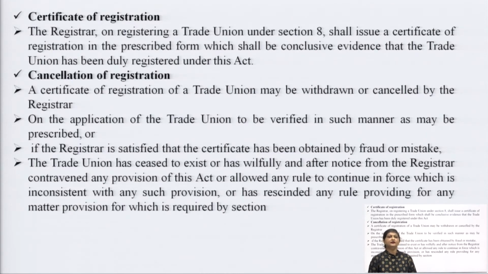A certificate of registration of a trade union may be withdrawn or cancelled by the registrar on the application of the trade union, to be verified in such manner as may be prescribed, or if the registrar is satisfied that the certificate has been obtained by fraud or mistake, the trade union has ceased to exist, or has willfully and after notice from the registrar contravened any provision of this Act or allowed any rule to continue in force which is inconsistent with any such provision, or has rescinded any rule providing for any matter provision for which is